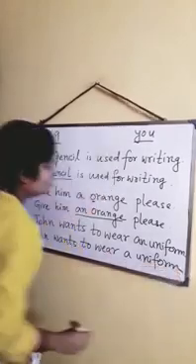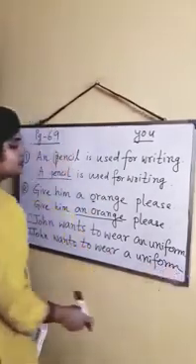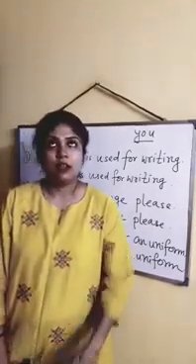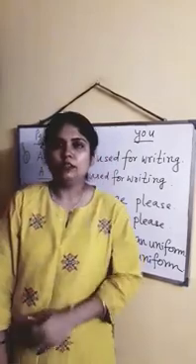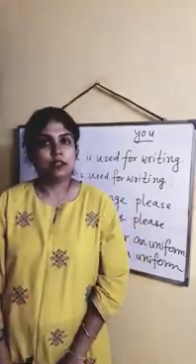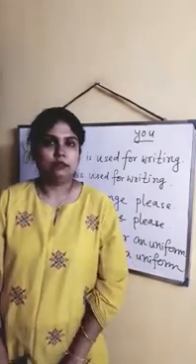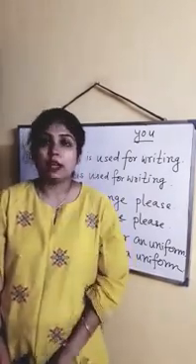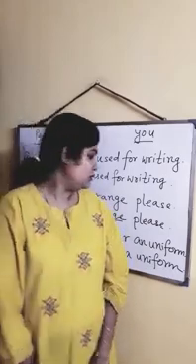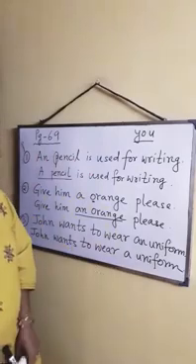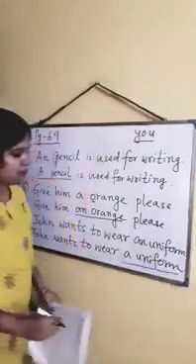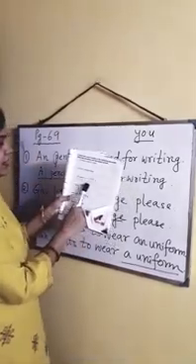uniform. Few words are there that start with a vowel but their pronunciation says, like when you hear the word, you will feel as if the word is not starting with a vowel. It's starting with a consonant. There you have to put a, not an. Okay. So it is a uniform. You can write the whole line or you can just write a uniform in the line here.